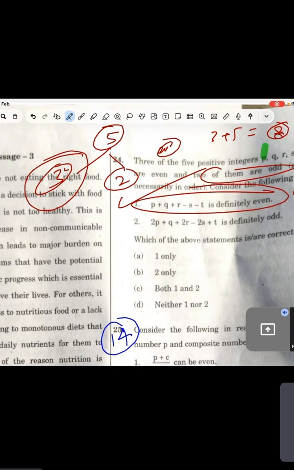So first is right. Now they have multiplied by 2. So guys, by multiplying by 2, they have increased the possibility of being more even. Because if you multiply 2 with any number, either odd or even, the result will always be even. You can see. So it means it should be more even. They are saying odd. So second is wrong. First is right. That's the answer.